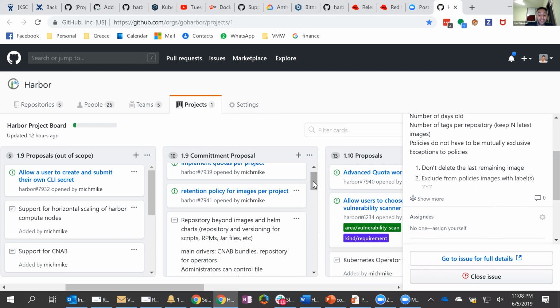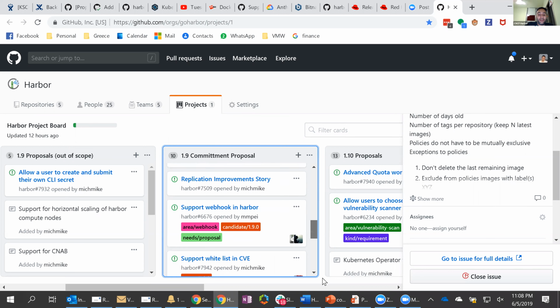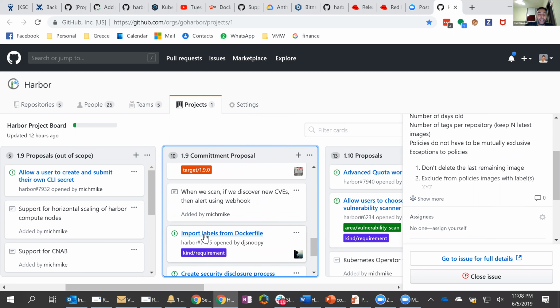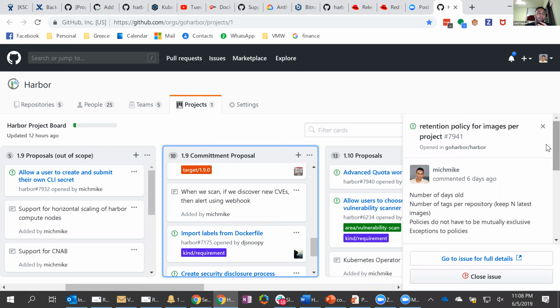One other thing that goes very well with that is the ability to import labels from Dockerfile. So if you're building your images using your own CI/CD policies, and you're creating metadata on the images in the form of labels, today Harbor completely discards those. So we're going to be able to import them now, and you'll be able to attach policy to that. Policy like the policies I mentioned earlier around retention and policies around replication. All of those policies will be able to be used as part of this label importing.